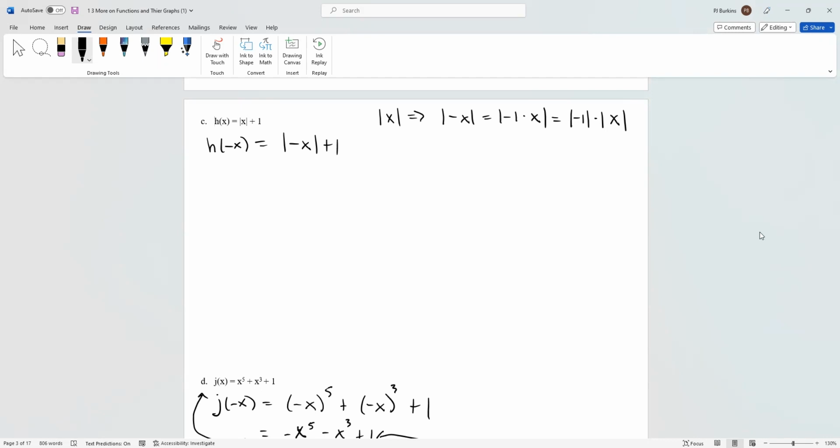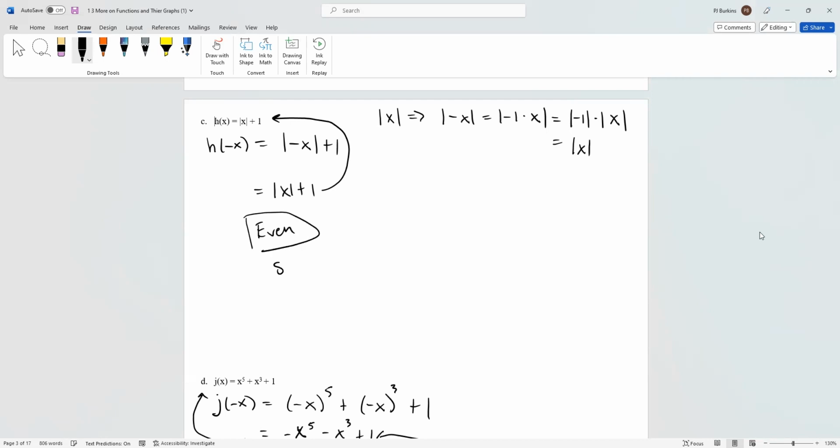And that's because the absolute value function is always going to take and turn the thing into a positive number. It tells us the distance from 0. So the -1 really doesn't do anything inside there. And then if x gets plugged in as just some number, we get back that number, and the absolute value of -1 is just 1. So we get back absolute value of x. And that is in fact telling us that this is equal to our original function, and therefore this is even